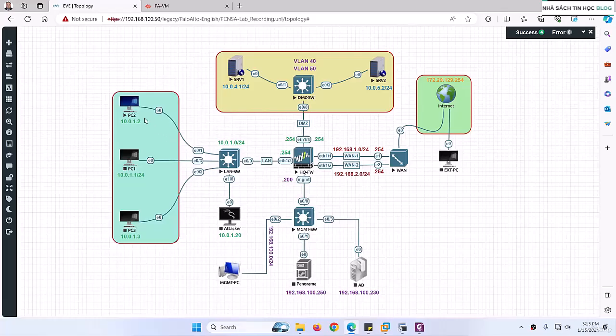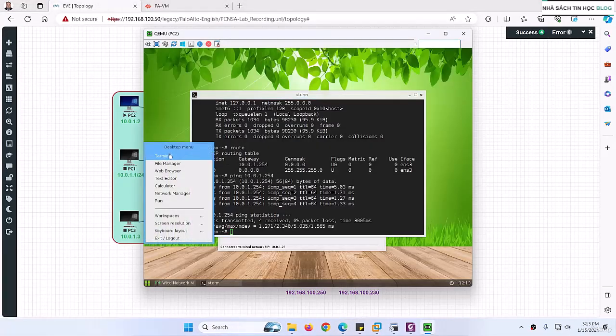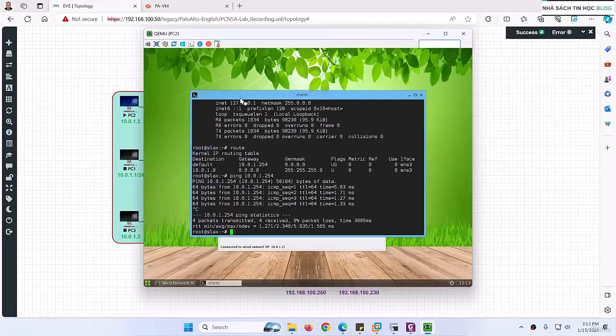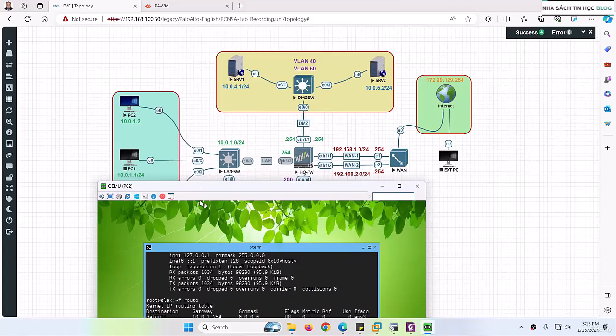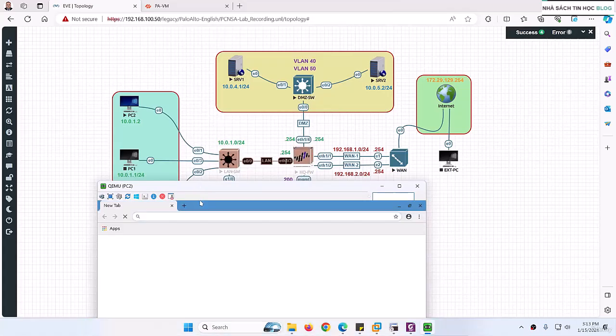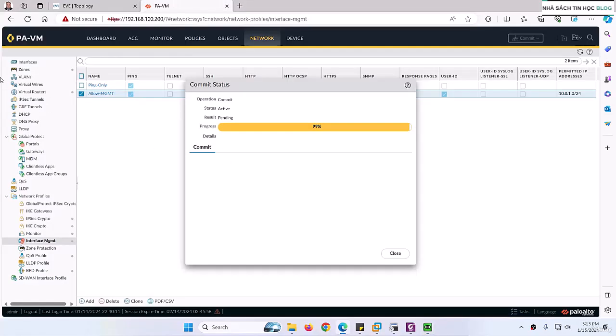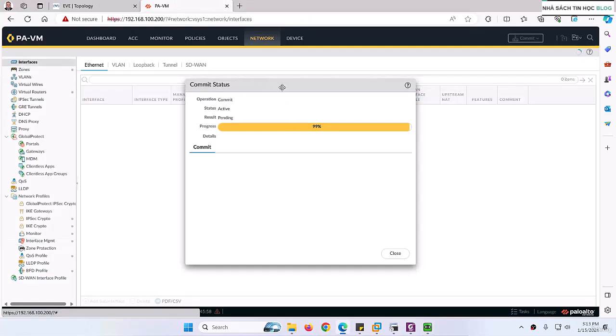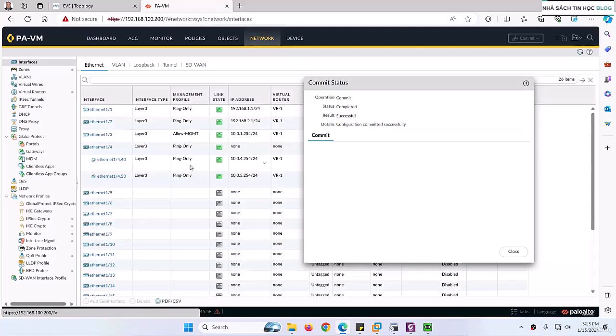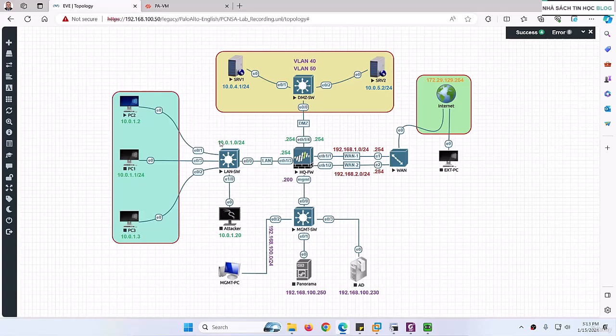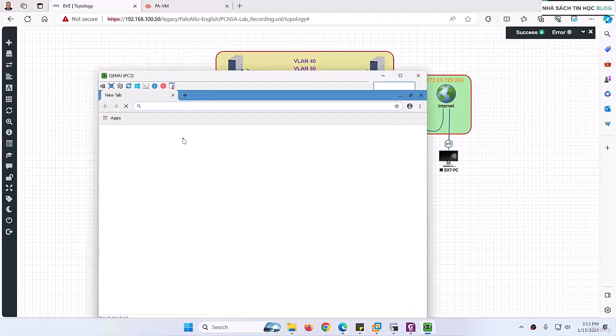So now how can I do this? I can go to any internal PC, and I need to open a browser. Let's go to the web browser. In the web browser, I need to type the inside IP address, 10.0.1.254, which is the firewall inside IP address. Let me show you quickly again so that you can get the idea. This one is allowed management. Okay, so let's go back and type here HTTPS